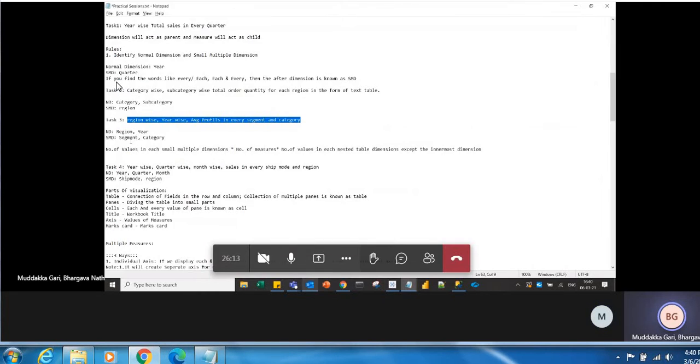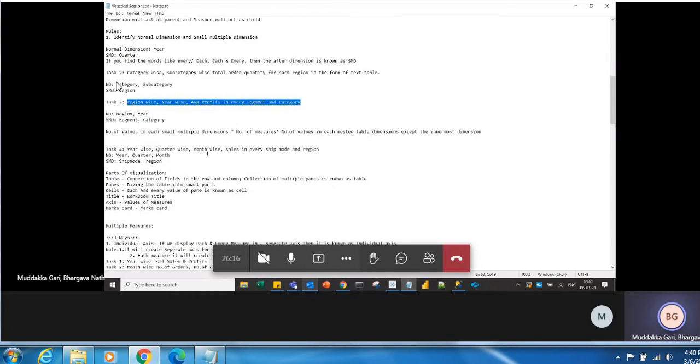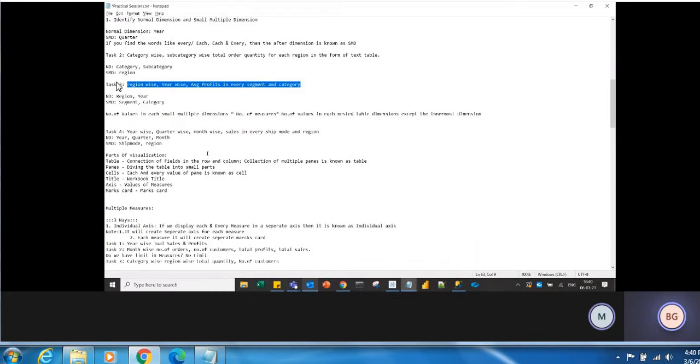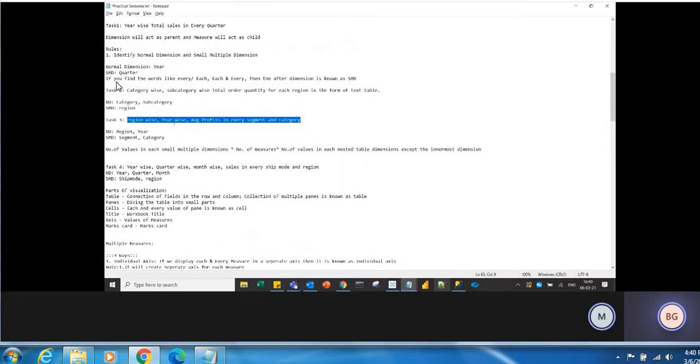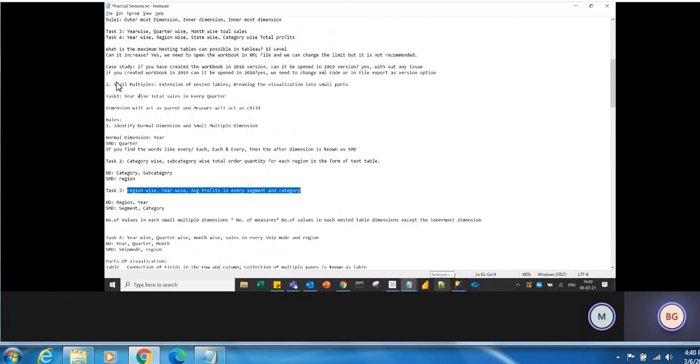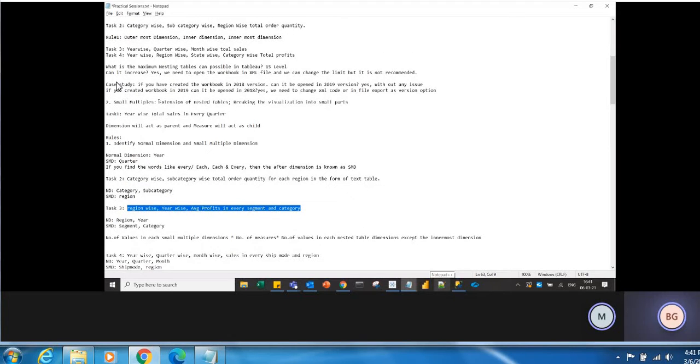Any doubts in this? You have one question in small multiple dimension. So it sounds like it is best practice to go for a small multiple dimension, even if the requirement doesn't ask for every or each. Yeah, that's right. In the beginning of this session, I said it. What are small multiple dimensions? It is an extension of the nested table.